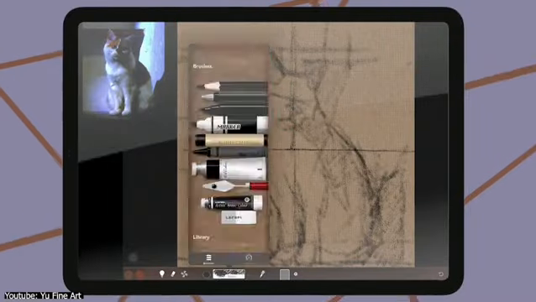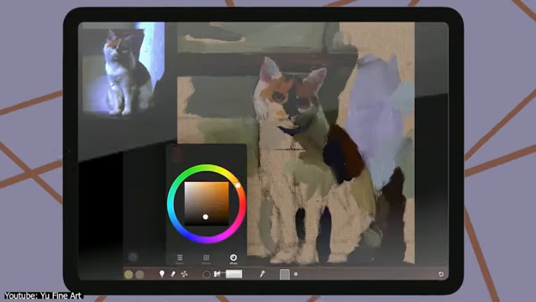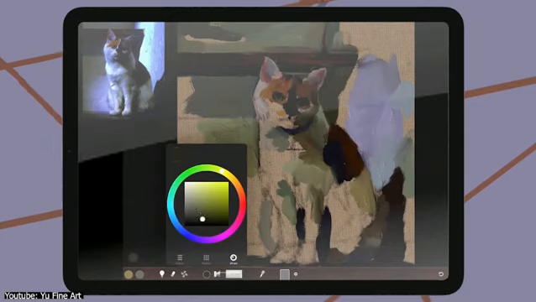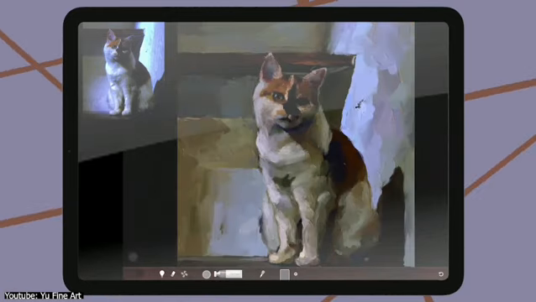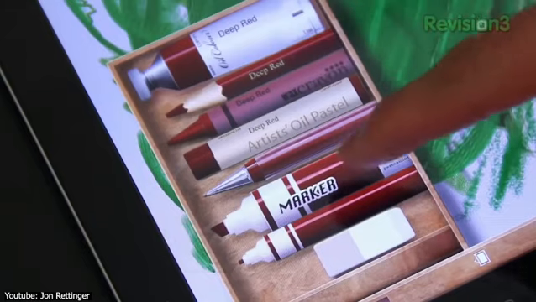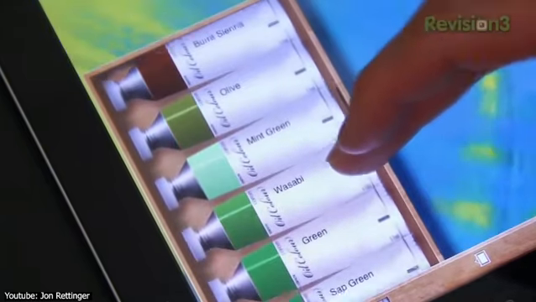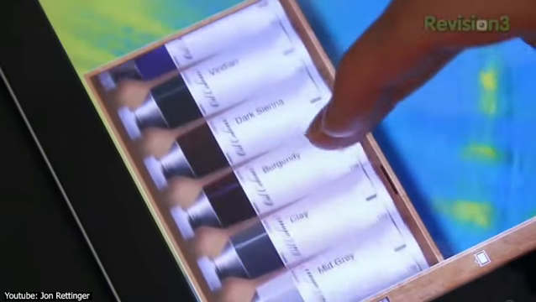If you have ever wanted to get the most natural and traditional feel while drawing and painting on your iPad, you would be missing out if you don't have Artset 4 installed on your device. This app has a wide range of brushes from oils to watercolors, and which all act